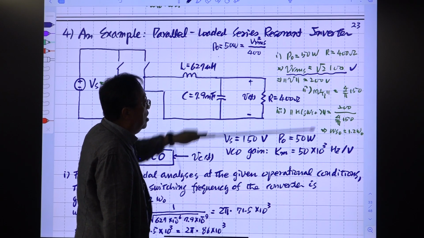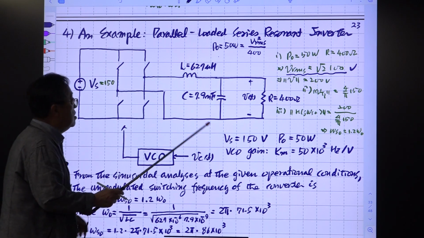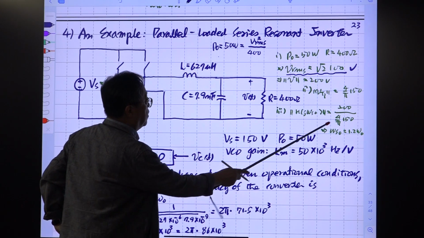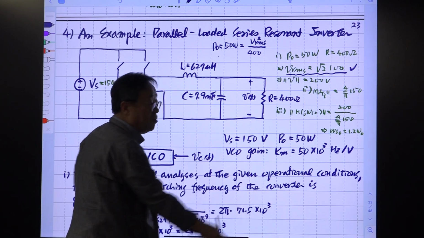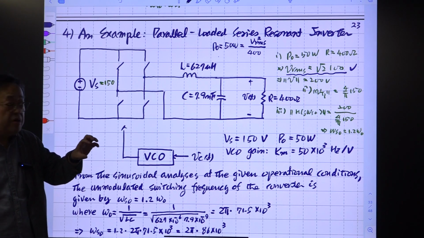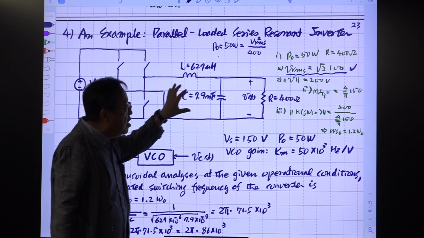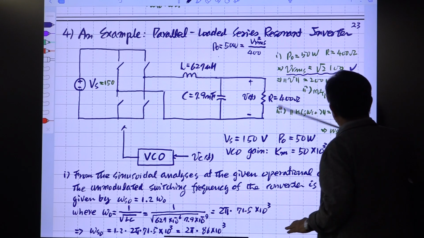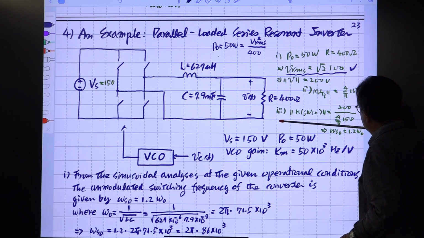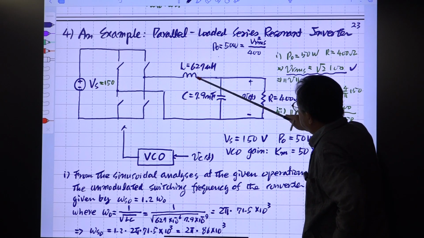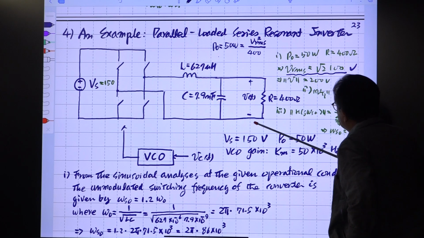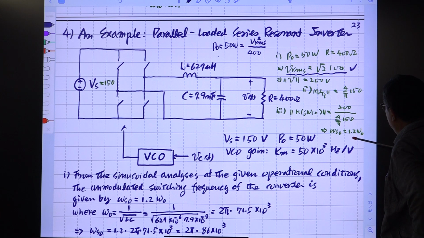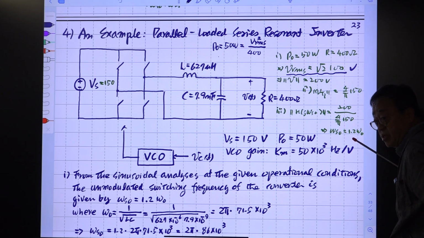This is a peak value, and the peak value of VT1, since we have this full bridge, is 4 divided by pi times this one, which is the input, and this one is the output. This is the magnitude of this input sinusoid and the output sinusoid. The ratio between this and this number gives us the tank transfer function. From this analysis, we conclude that the switching frequency should be larger than the resonant frequency by this much.